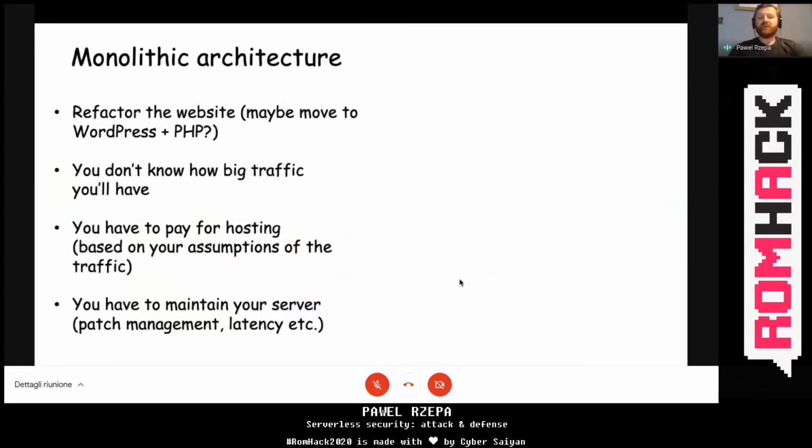So if you consider solving those problems using the monolithic architecture, the classic approach, then you probably need to refactor the whole website. So maybe you will use WordPress, maybe another solution. However, it requires some research from you. Then you don't know how big traffic you will have.